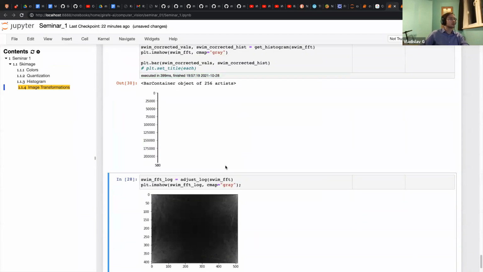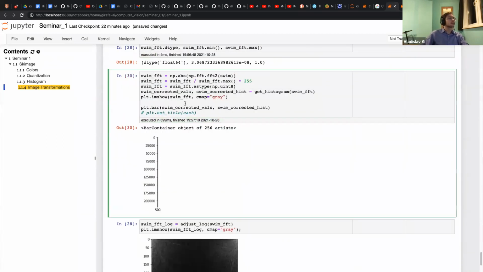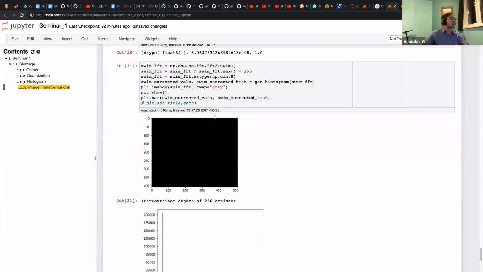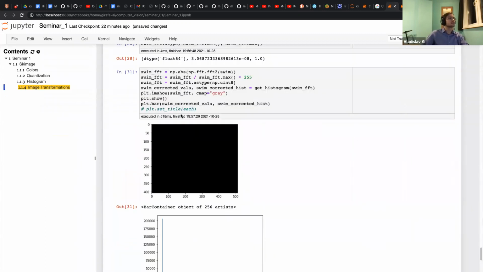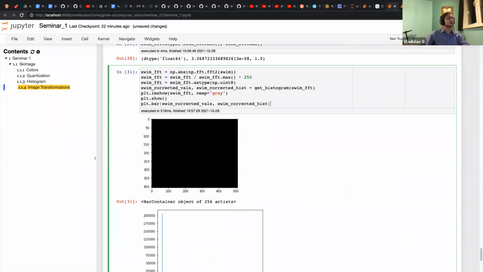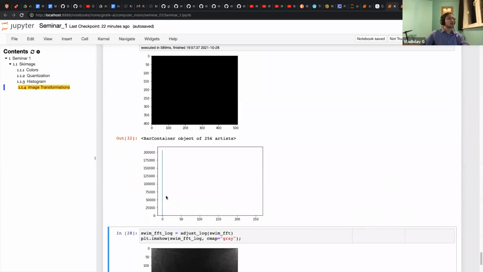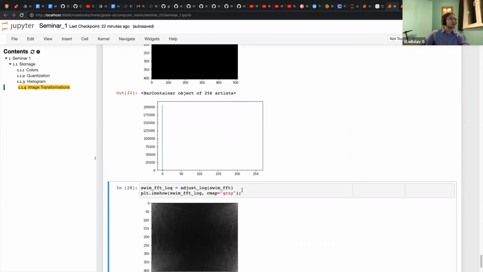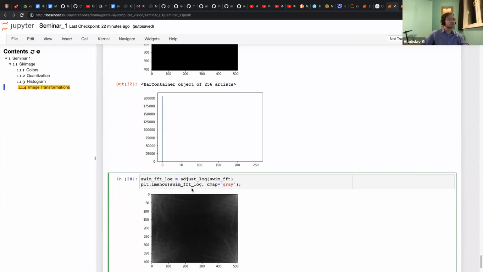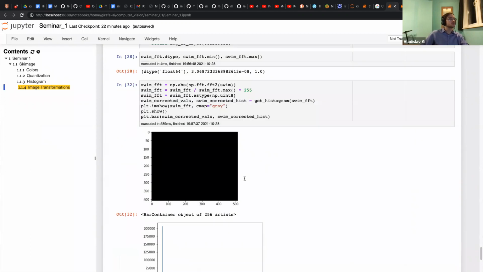And then we could, yeah, and that's a histogram for this value. We got a histogram of only one value, but if we first apply logarithmic change, then